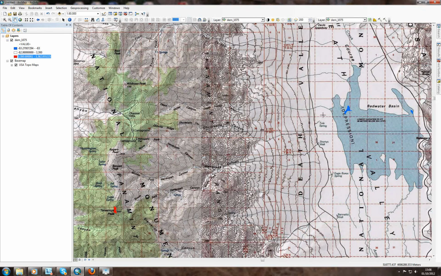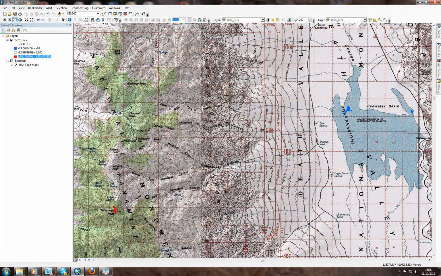Okay, in this short video I'm just going to demonstrate how we can digitize new data to a blank shapefile. One of the questions on this second practical, there are two questions at the end, which say: where are the areas within 10 kilometers of the highest point, and where are the areas within 10 kilometers of the lowest point. Now because the buffer operation works with shapefile inputs, it won't take any of the raster data in as input, so we've got to create